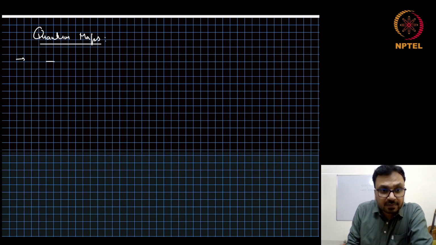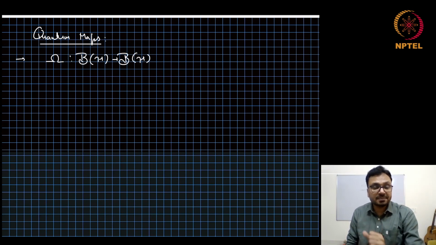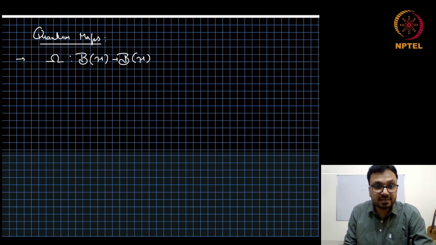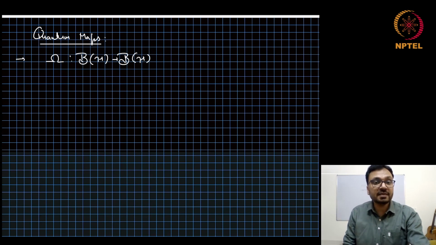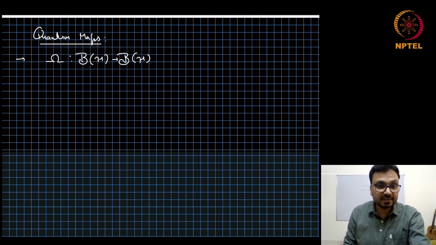Let us say we have a map omega. It's a mapping between the operators acting on Hilbert space to operators acting on Hilbert space. For simplicity, we will consider the same Hilbert space, so operators acting from one Hilbert space to itself. This can also be a map from a set of operators acting on one Hilbert space to a set of operators acting on another Hilbert space. So it's just a mapping between operators to operators. The dimensions can be decided later on, but for simplicity, unless we say it explicitly, we will be assuming the same